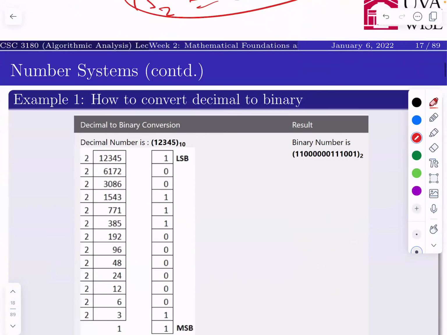So look at this, for instance. This number is being converted to what? Number 12345. If I don't write any base here, by default, you have to assume it is what? Base 10. Okay. Now, this number is in base 10, 12,345. You want to convert that to